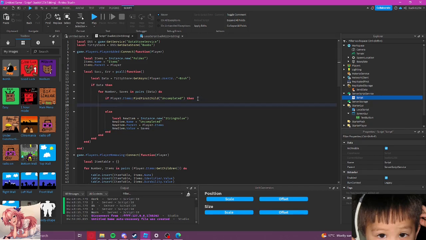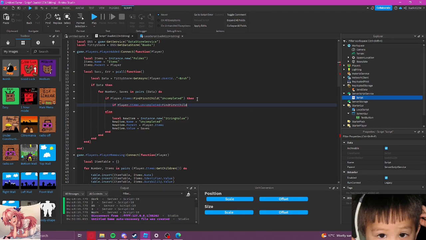Then we're going to say if player.Items dot Uncompleted, find first child, and then what do we have next?